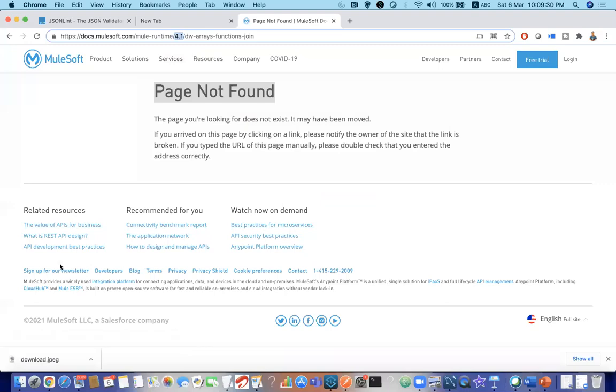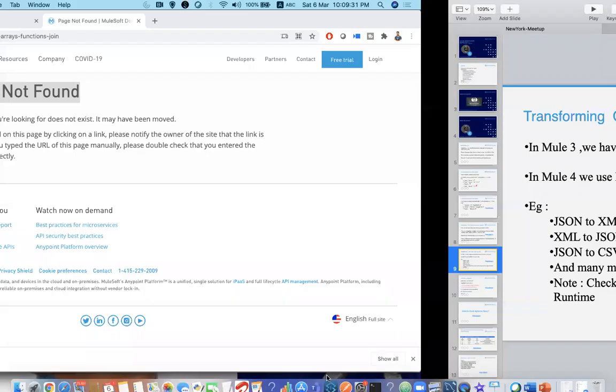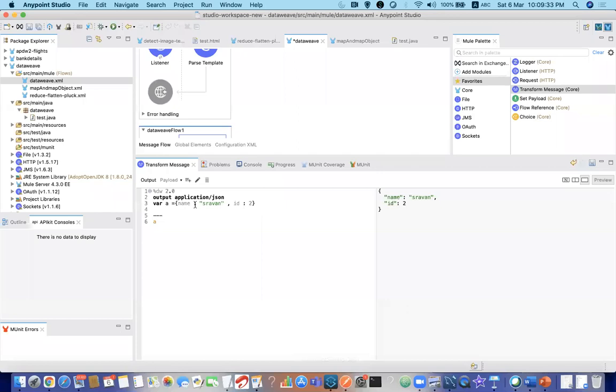All right, so quickly showing how to convert one format to another. For example, A is in JSON, and now I want to convert it to XML. Just use output application/xml. This will throw an error because it should have a root tag, so let me put a root. This is a very simple way to convert from one format to another, JSON to XML, or if you have XML, you can convert XML to JSON.